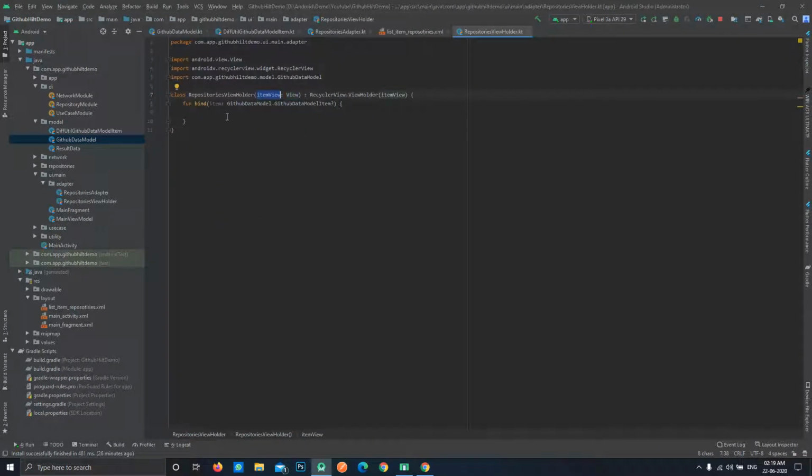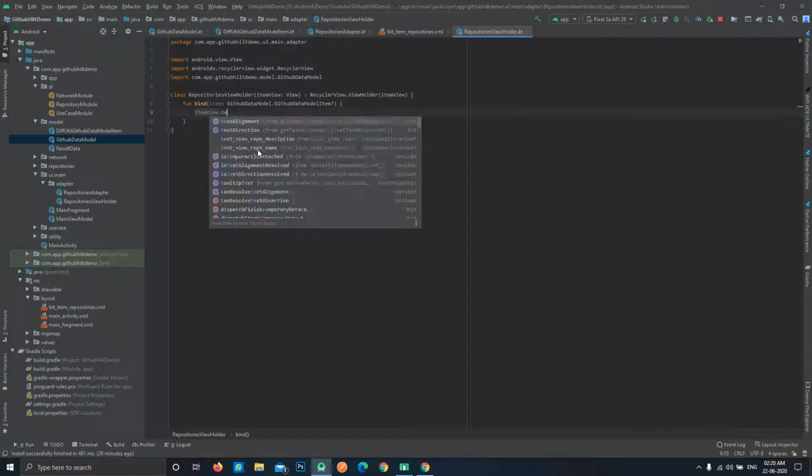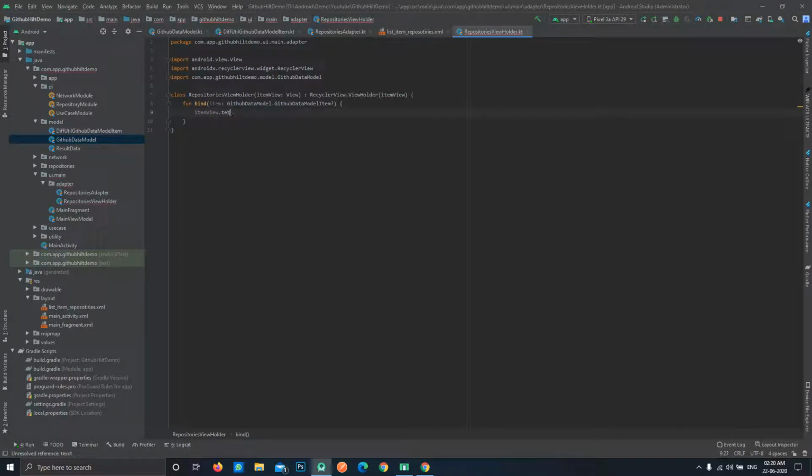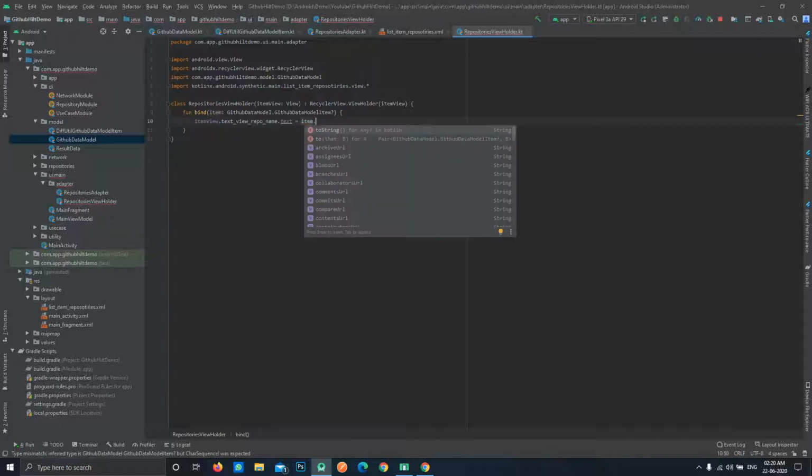So we have to use this reference like this, item view dot text view repo name dot text equal to this item dot name.